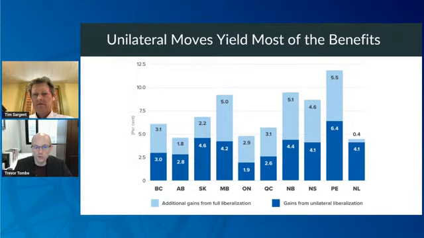Lower import costs mean lower prices for consumers, absolutely, but it also lowers input costs for businesses and intermediate inputs, capital goods, especially inputs in the form of services that companies use to produce yet other goods and services. If we unilaterally move as a province, it'll lower business costs, making the economy more attractive for other businesses to locate within. So not only lowering costs and prices, but also increasing inflows of investment and other potential benefits as